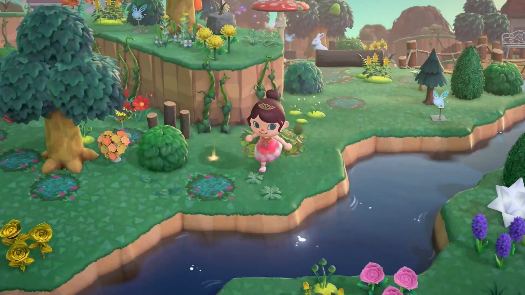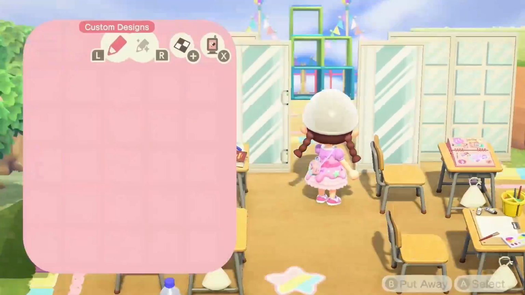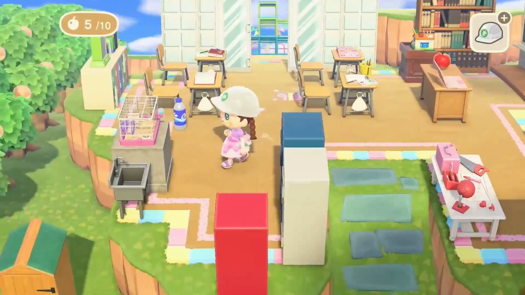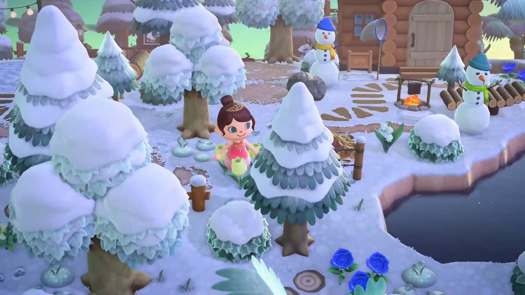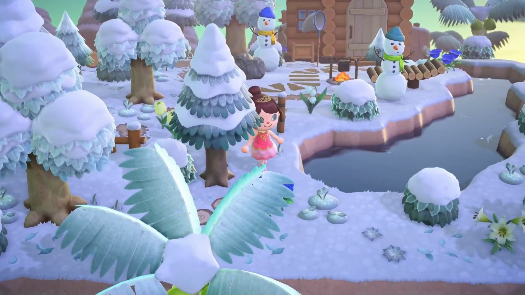Where do you look for the best custom codes? How can you make sure that you like everything you're finding? Will they look good together when you do start decorating? Let's talk about how you can find the best custom codes for your island and how you can check they fit back into your island vibes.